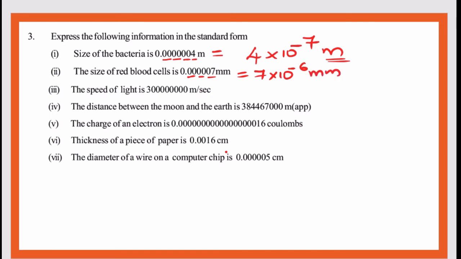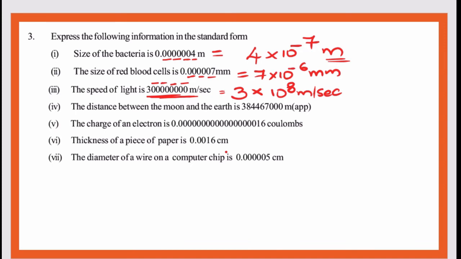Next, coming to the speed of light. So you might have seen this particular figure, right? This particular figure in your physics or chemistry. Now since this is a large number, you will get a 10 power positive value only. So the units are meters per second. Now let us see what the value is. Since I need a 3, so 3 into, after 3 how many zeros are there, count it. So 2, 4, 6 and 8. So the velocity of light is nothing but 3 into 10 power 8 meters per second. So this you might have read in your science, right?